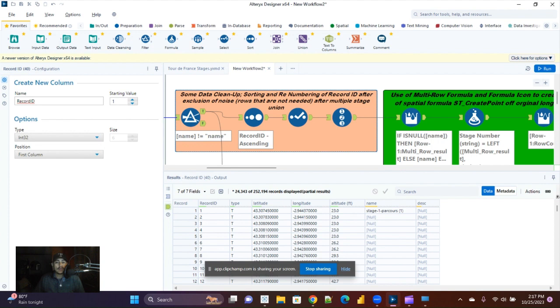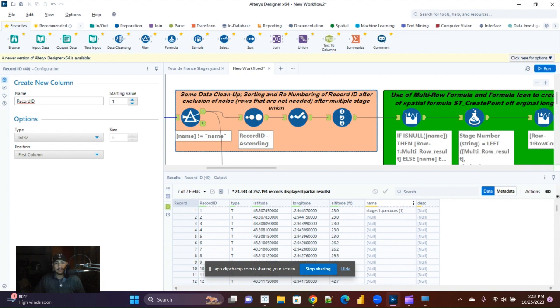Okay, so what I mean by noisy rows is after I did the conversion from the GPX to the text files, every stage on its very first row has a value right here. I'm going to highlight this column for the stage that I'm hovering over. And it's only on the first row that it tells you what the stage is, right? But since we have it in order, I'm going to eliminate all the ones where the name does not